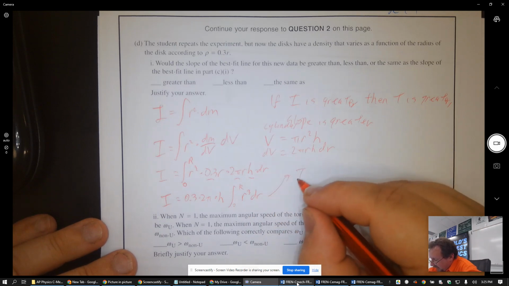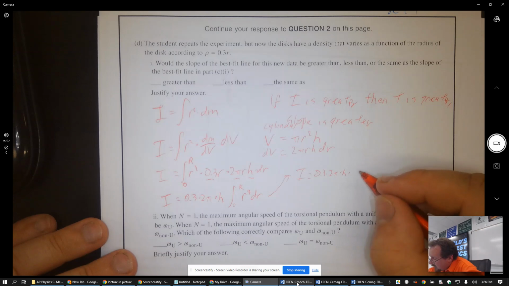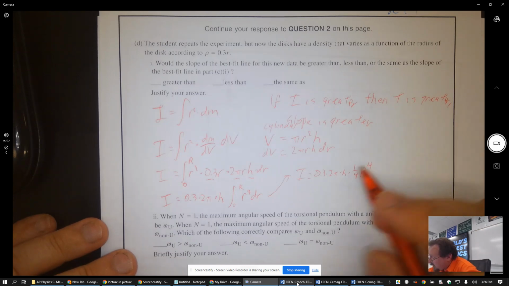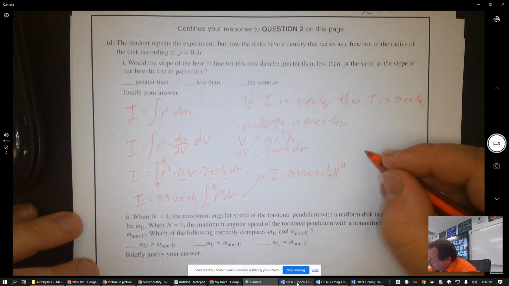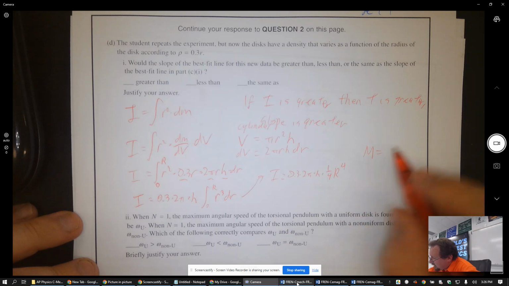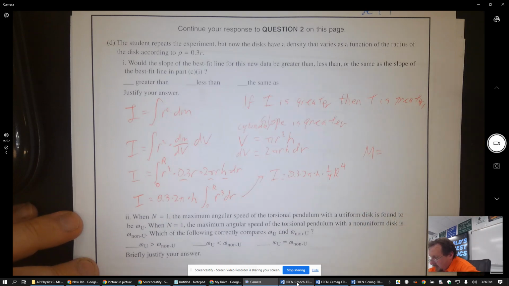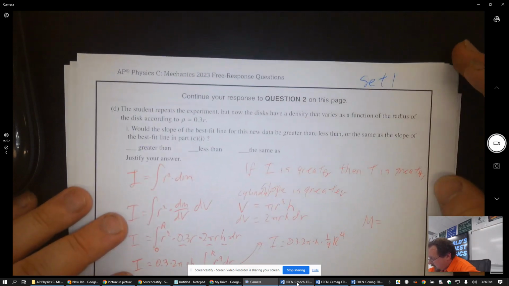So then that's going to be I equals 0.3 times 2 pi times h times 1/4 big R to the 4th power. That's the I. Now, what's the mass of one of these? The mass of one of these is going to be